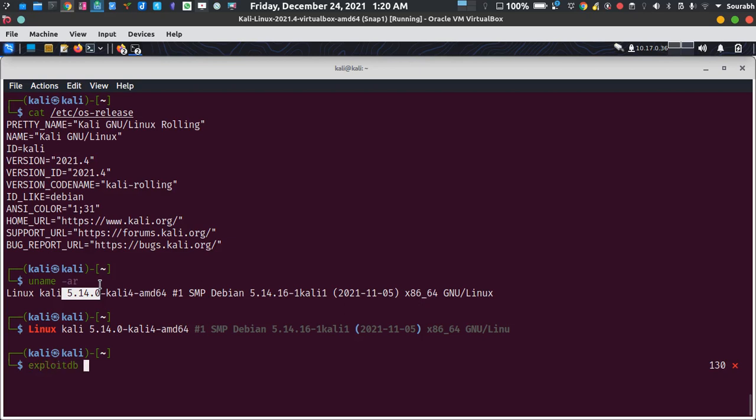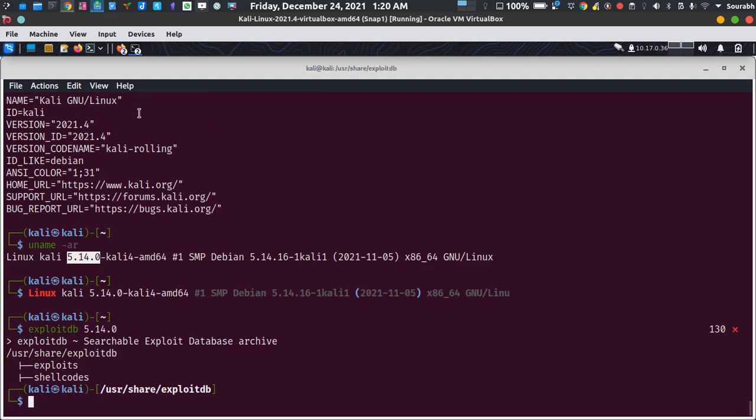We just have to type exploit db and the particular version name, copy, paste, and hit enter. As you can see, there are no exploits found for this version.